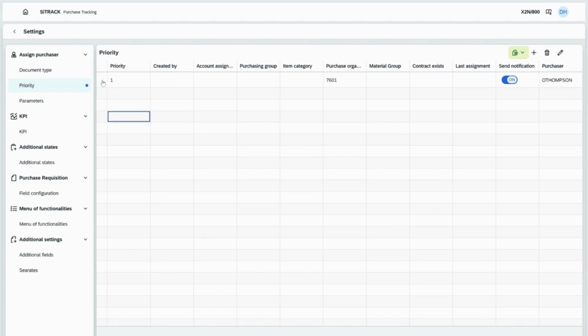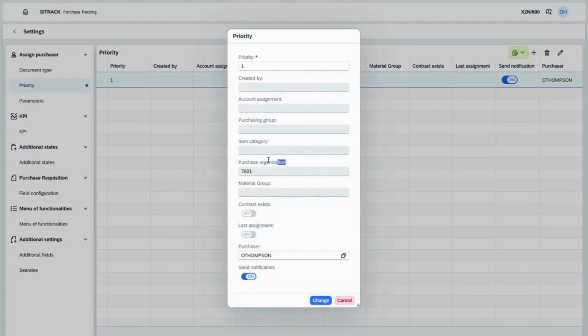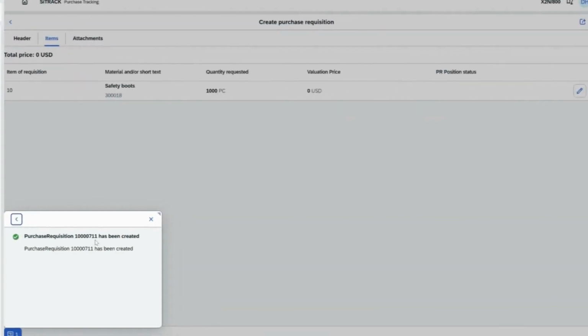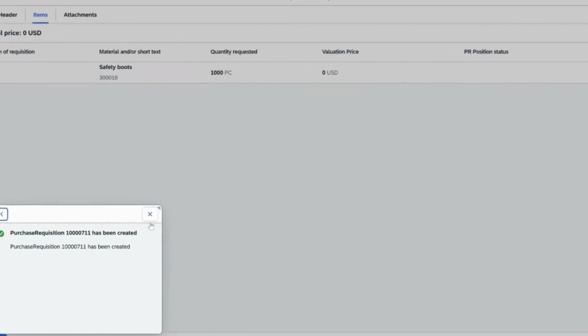In SiTRACK, you can define the criteria for allocating PRs to specific purchasers, such as by plant or purchase organization. Select the SAP user and specify whether or not they should be notified via email. Once a PR with the same criteria has been created, it will be assigned automatically and the user will receive